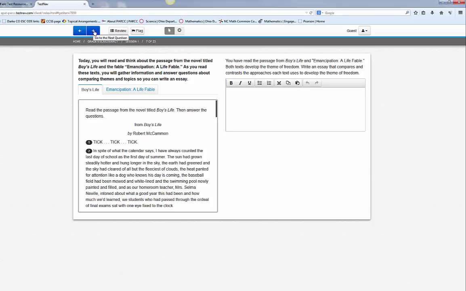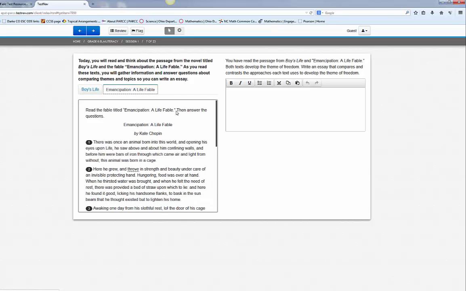Here is a written piece. Again, you see the two different tabs for being able to read the two different text selections, but here is where they can type with their keyboard to write their essay answer. So it's like an extended response question or constructed response question that they would type, and then they have an editor here where they can bullet list it, underline it, and italicize it, but there's also some other features here of copy and cut and paste, and that allows them to actually use different pieces of